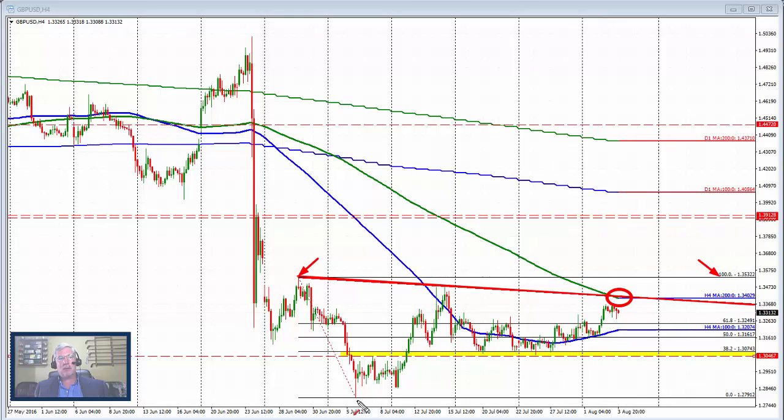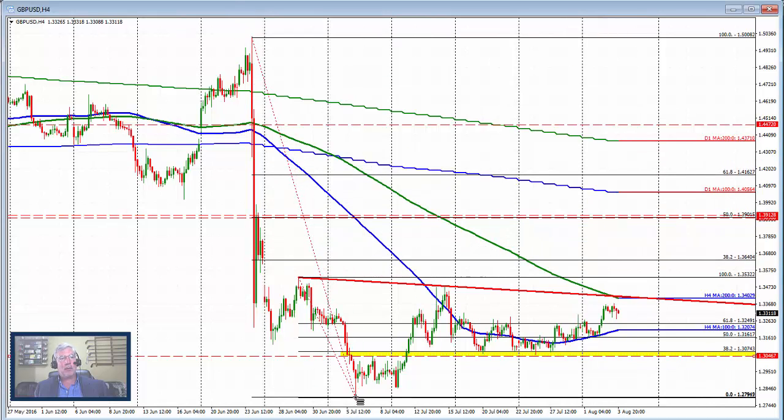The market, this is the low price after the Brexit, and the market price would look for a move toward this level right through there. A break above that level opens up the door for further upside. In fact, I'd be inclined to put a Fibonacci retracement from our high price to our low price right here,